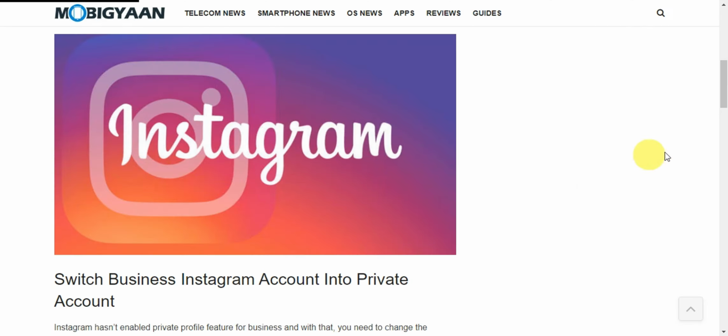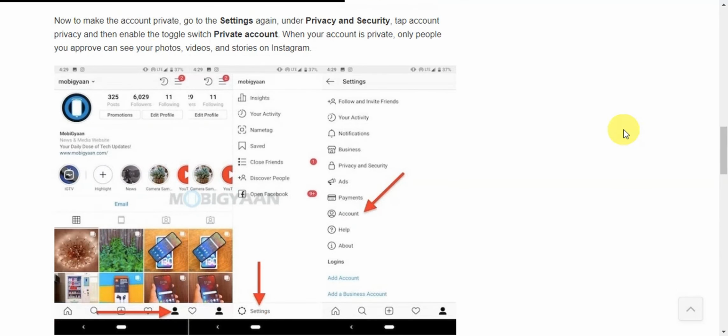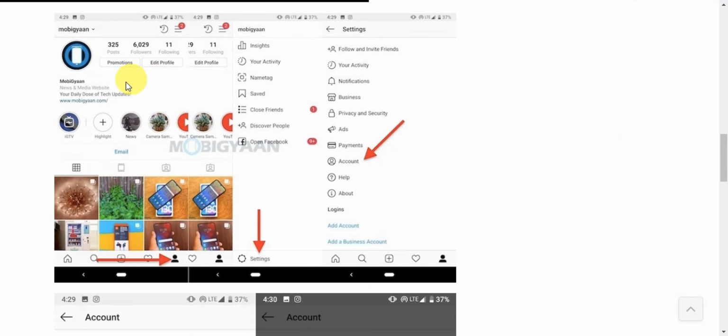So for you to be able to get started on switching your business Instagram account into a private account, you'll just need to log in first onto your Instagram account. So as you can see, this is the first step for that. You'll just have to click onto your profile icon, and then once it shows in here, you'll just have to click onto settings. Right after, onto the next step, you'll just have to click onto account in here, and